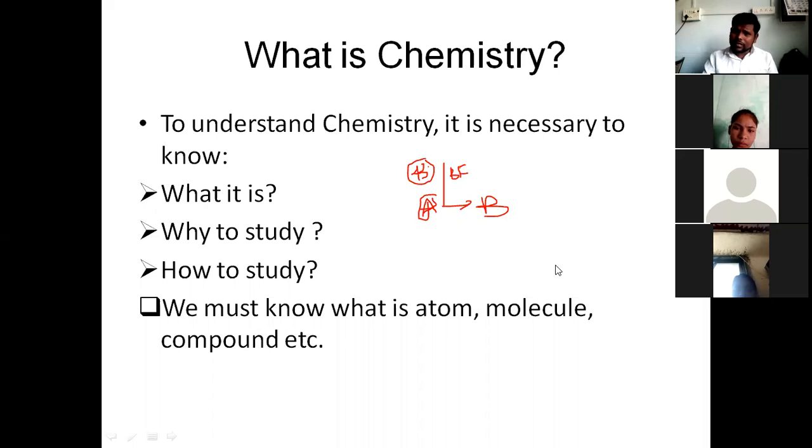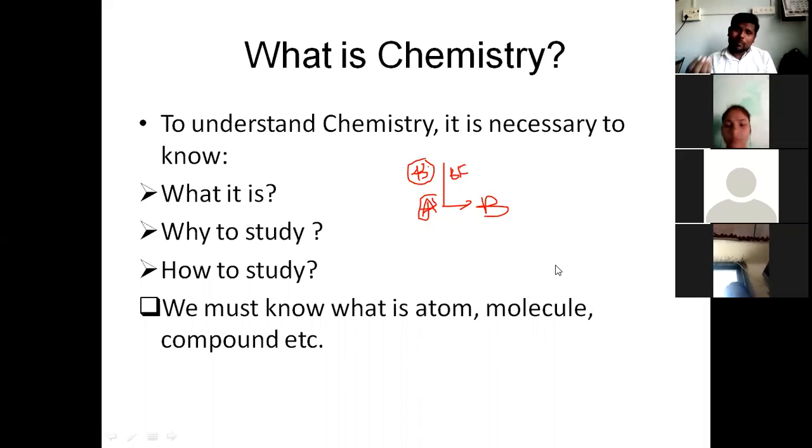Then you also drink water. This water is also part of chemistry, H2O. So everywhere, in pharmaceuticals, there is chemistry. In industry, there is chemistry. In cosmetics, there is chemistry. In making food, to decorate the food, you use synthetic colors to give different colors to the foods. Then for the preservation of the food, you use different preservatives. Sodium benzoate is one of the examples. So there is chemistry also.